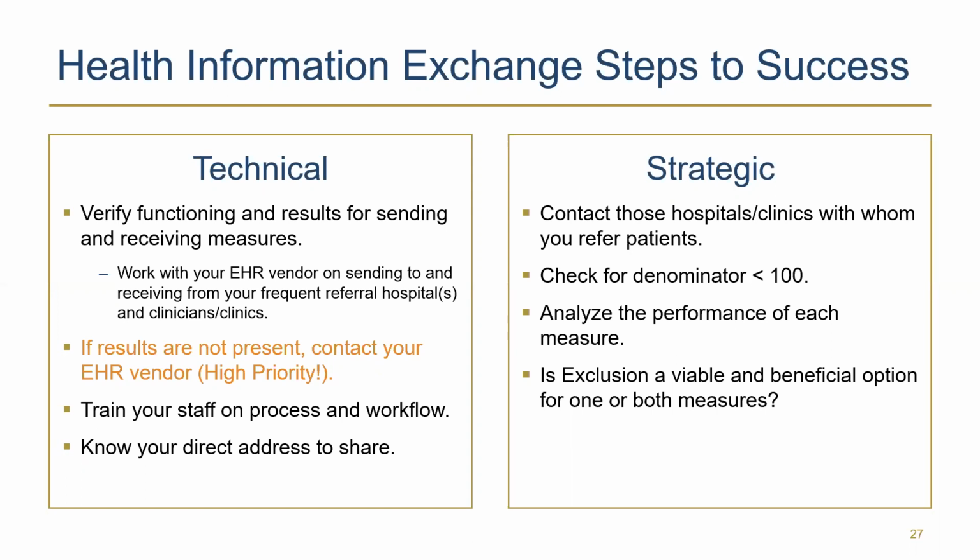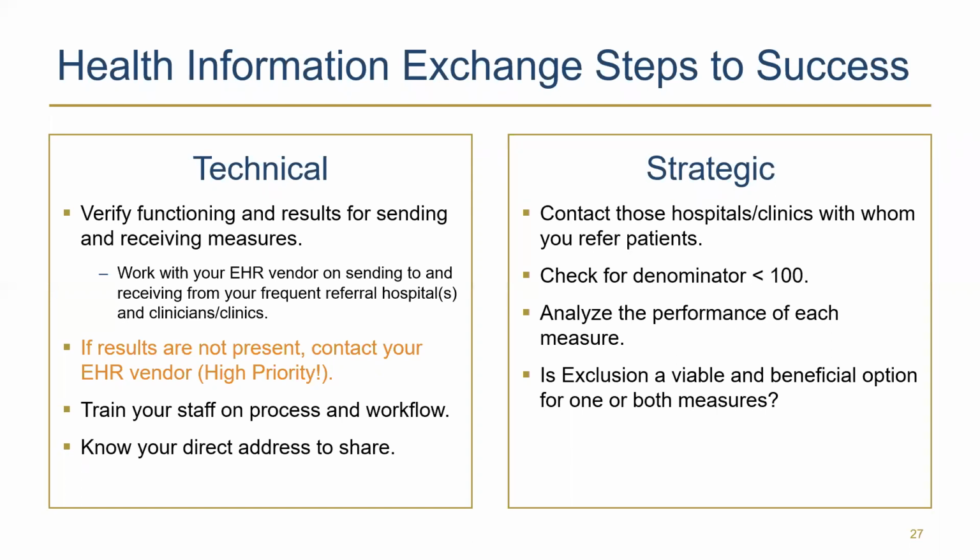Also, verify performance of your sending and receiving measures. Are both functionalities set up in your EHR, and are you using the correct process to trigger the counts in your numerator and denominator? Does your dashboard keep you updated on measures? This will assist you in knowing your performance over time. If the numbers do not look correct, make sure to contact your vendor. Note the count in your denominator to determine if most likely you could take an exclusion because it is less than 100 count in the denominator.